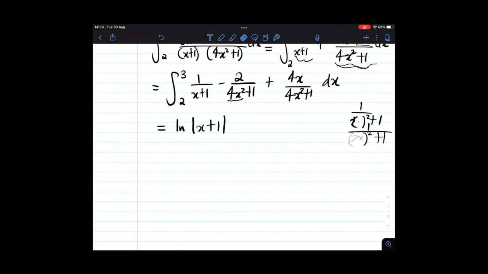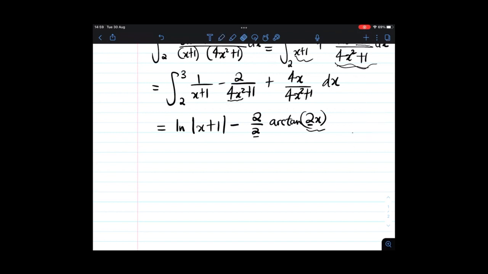But because we have got a 2x, it means we have to divide our answer by 2. So we will essentially have 2 over 2 times arctan of 2x. And the over 2 is coming from the fact that if you are to differentiate this, remember, you have to differentiate whatever is in here first and then differentiate the normal way. So that 2 has to be countered by that 2